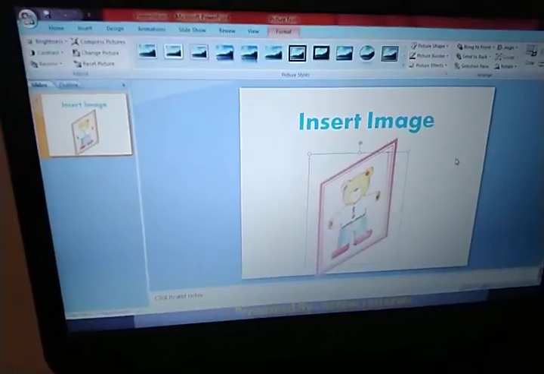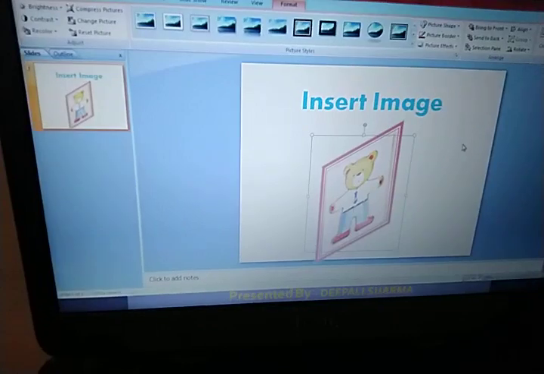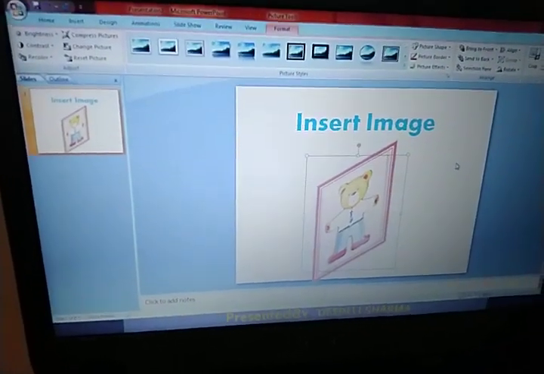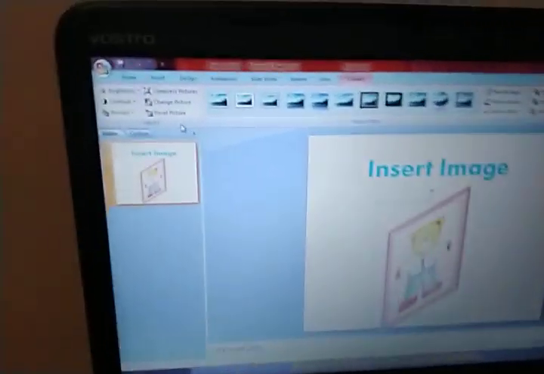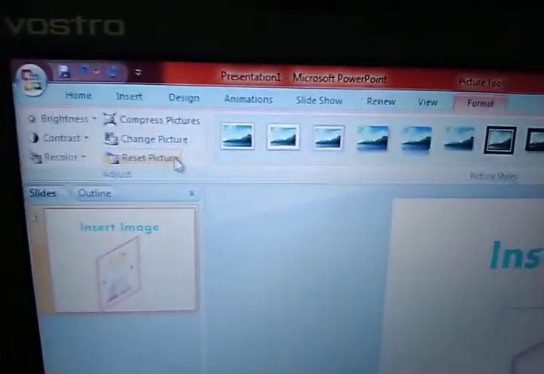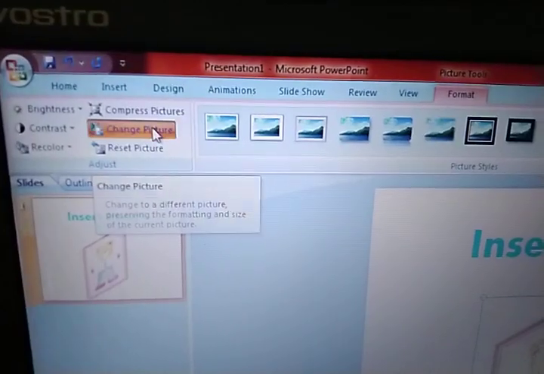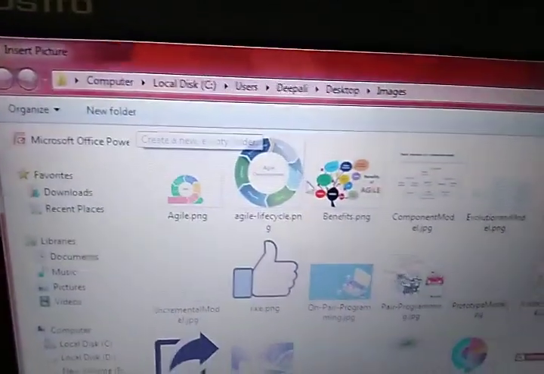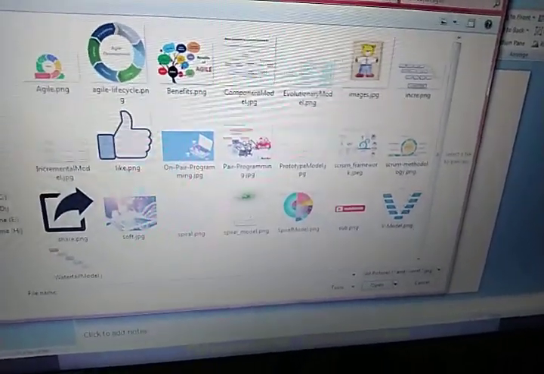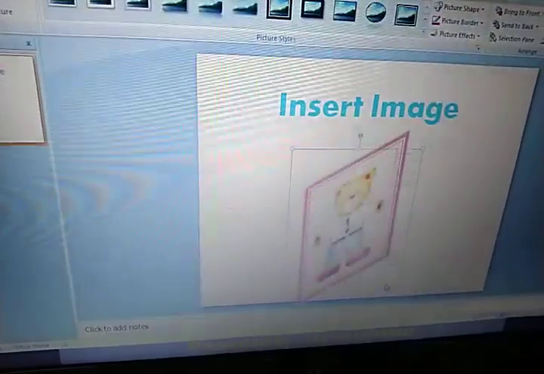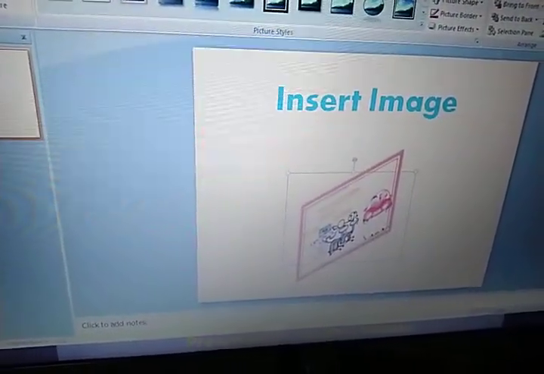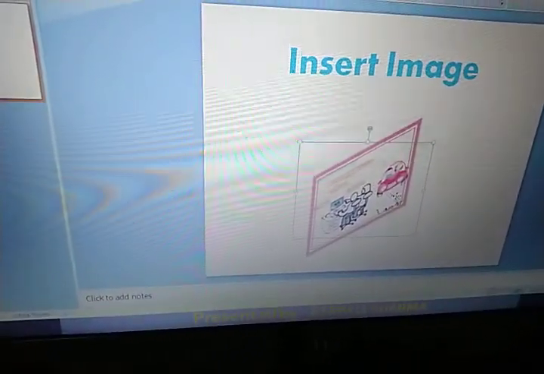Fine. So as you are able to see, this kind of changes you can make by clicking on the picture effects. Fine. Now I want to change this picture with another picture. So what I will do, just see here, the option is given, change picture. You can click on change picture. The same steps you have to follow. You have to locate where your picture is. Just select any picture and click on the insert button. Fine. So this is the picture which you are able to see right now, which I have changed.